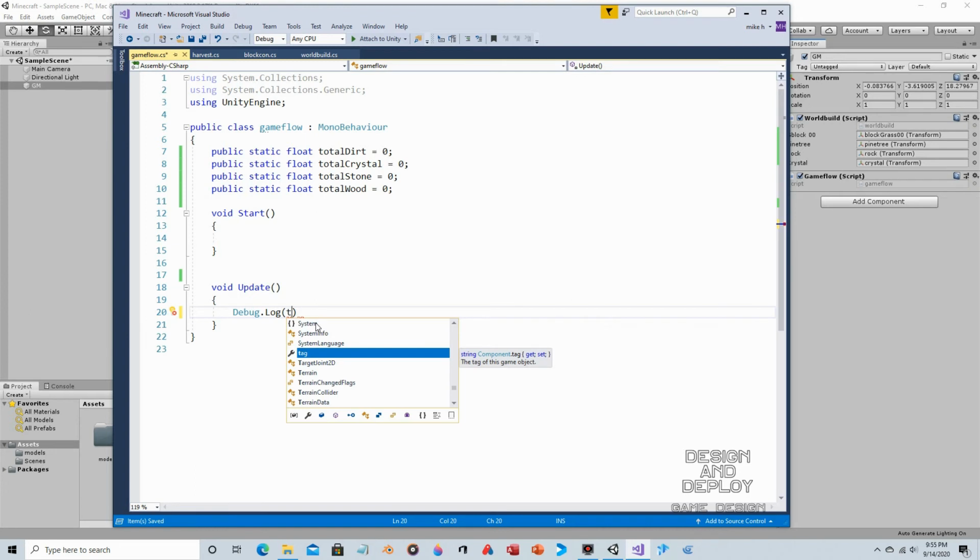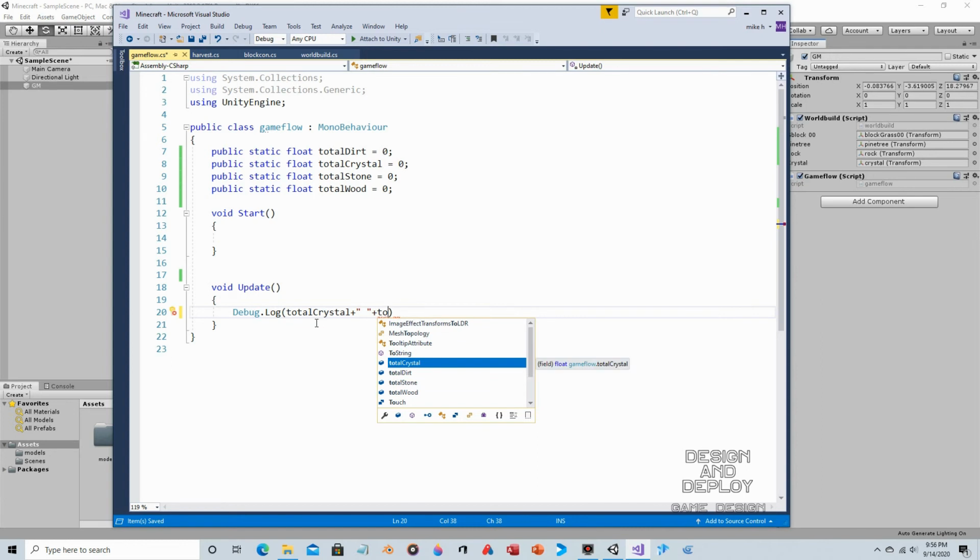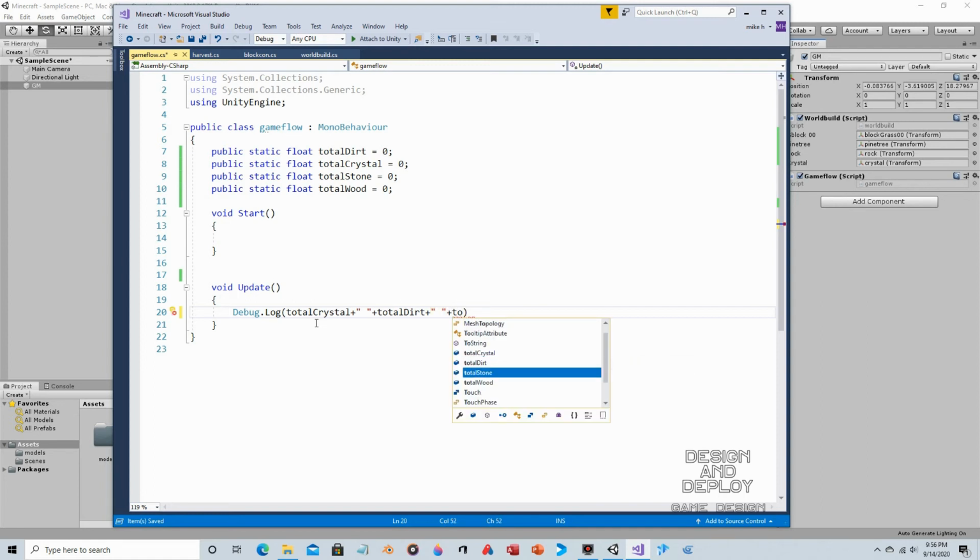So total crystal, and then I believe it's plus space plus total dirt plus. To be clear, I'm not adding these, I'm concatenating them, and that is I'm going to have the numbers listed after them so you can see them incrementing. Plus total stone plus